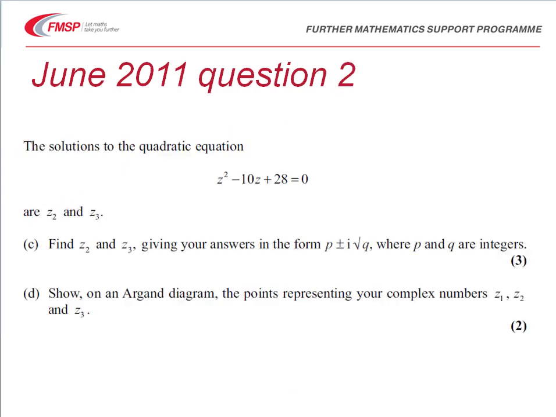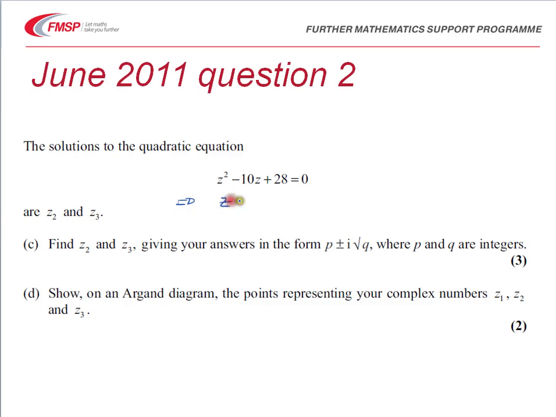The next question that I've got on screen is the last two parts of June 2011 question 2. The first two parts had been again to find the modulus and argument of a given number. However, this part is looking then at solving a quadratic equation. Now you can use, as I said before, the methods from core units, whichever you prefer. This one I think lends itself to finding the roots using completing the square, in that it is a relatively straightforward thing to do. So for part C I would go from here and say that this